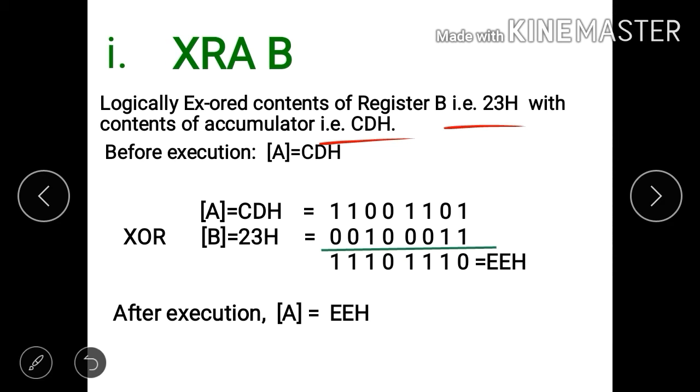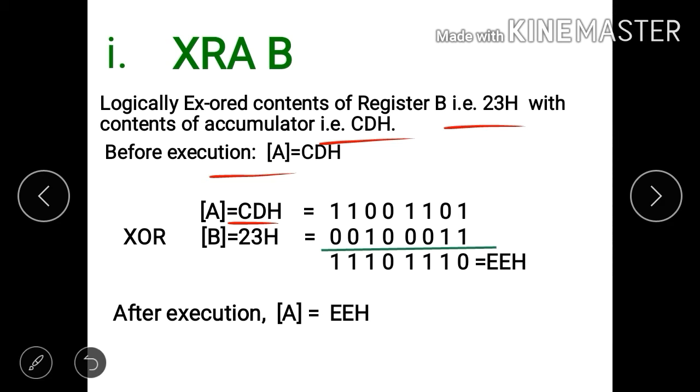Before execution of the instruction, the content of register A is CDH. So in this we have to XOR the content of register B with the content of register A. The content of register A is CDH. The binary format of CDH is 1100 1101.